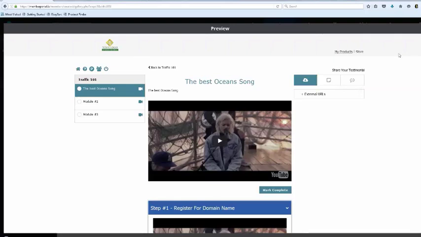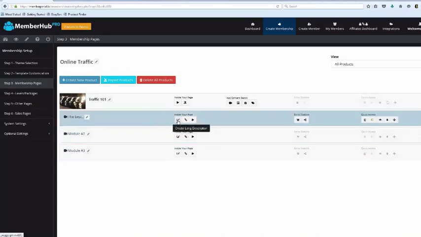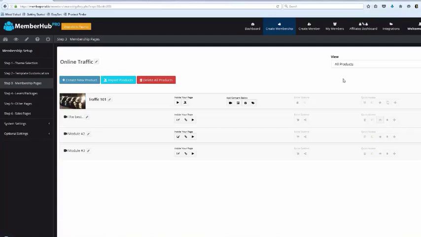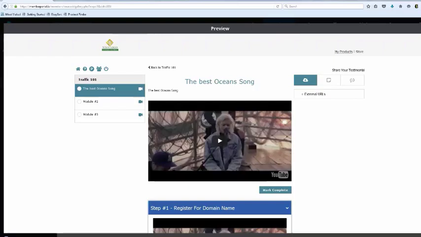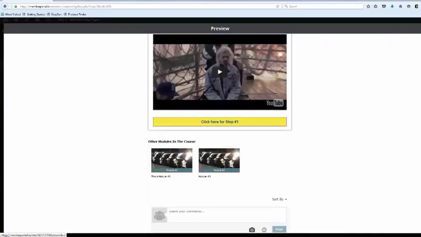Okay? Can you rearrange the modules? Absolutely you can. That's all child's play. Okay? So I showed you how we're going to edit the long description. Here's where we add the resource. Here's where we pull in the video. Now, if I come back over here and show you, and I scroll down below, look at this. We get this to open again. So we have these related modules down below. Maybe, for whatever reason, you don't want to have these related modules down here. Okay? That's okay. We've given you complete control.